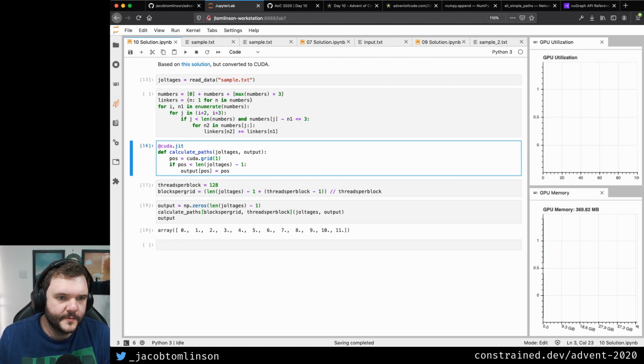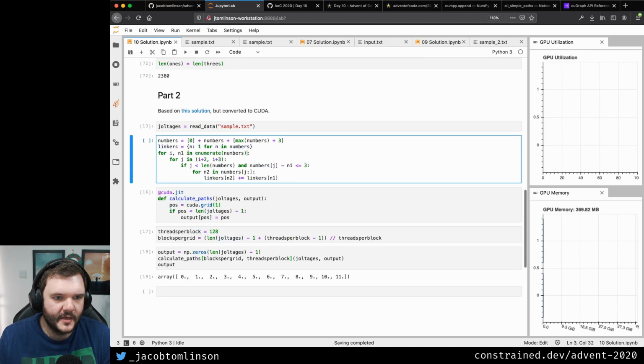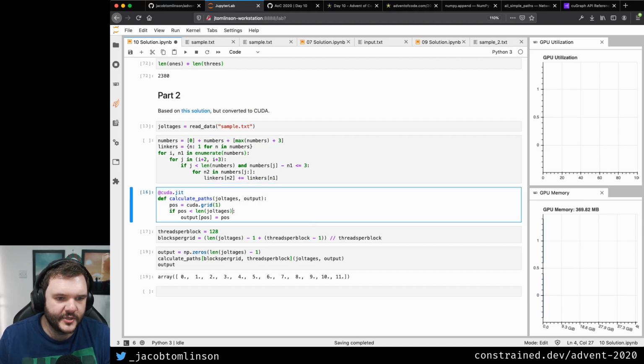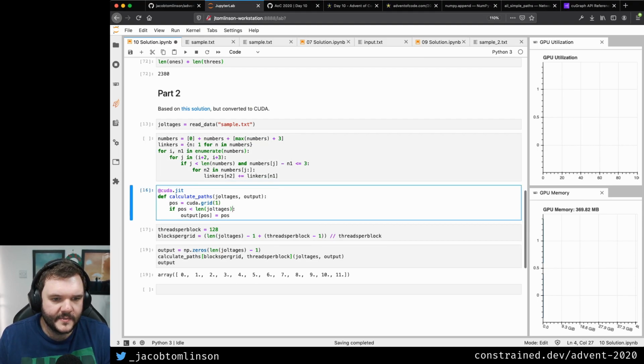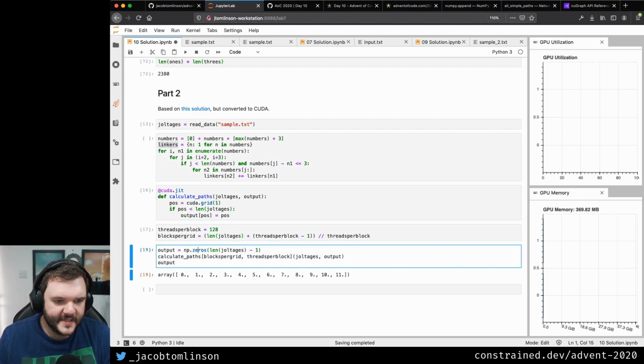we want our linkers to be our output, and we want the whole joltages. So it's not actually going to be joltages minus 1, it's just going to be joltages. So here and here, that needs changing. And our linkers is our output array. So instead of zeros, let's do ones because they are doing ones. Like that. And then let's just